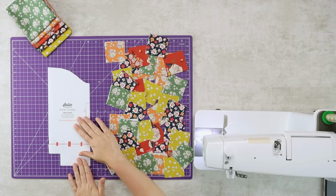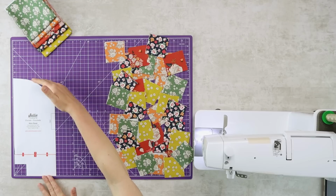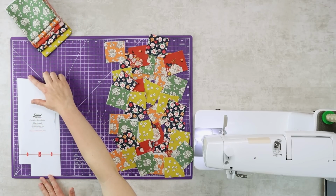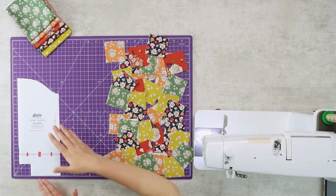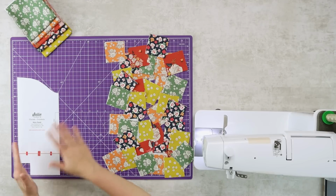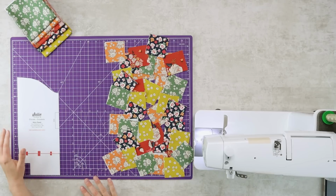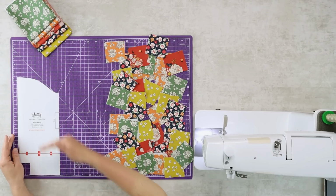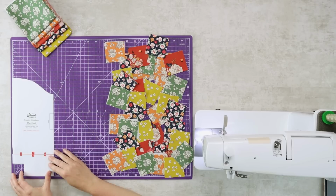So here I have my main panel piece for the charade crossbody bag. Looking at the height of the pattern piece, we'll want to make sure that our quilt block is at least 12.5 inches high. However, it is nice to create a little bit larger quilt block, so that way you can position the template within the block, so all of the rows and columns of the blocks are perfectly aligned in the center. So I might aim for a 14-inch high block,